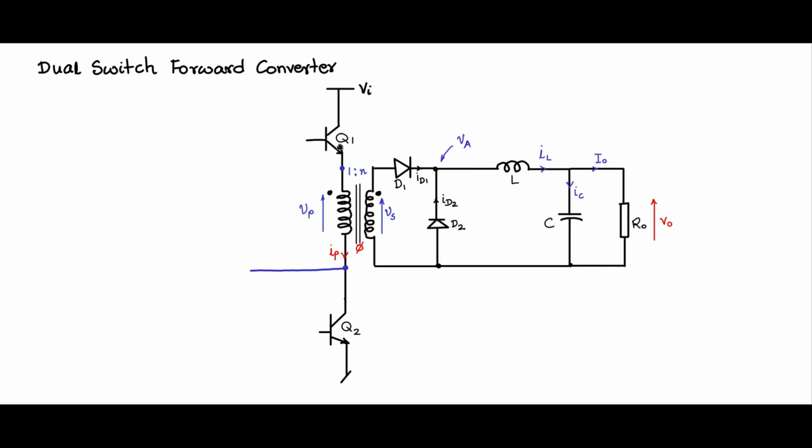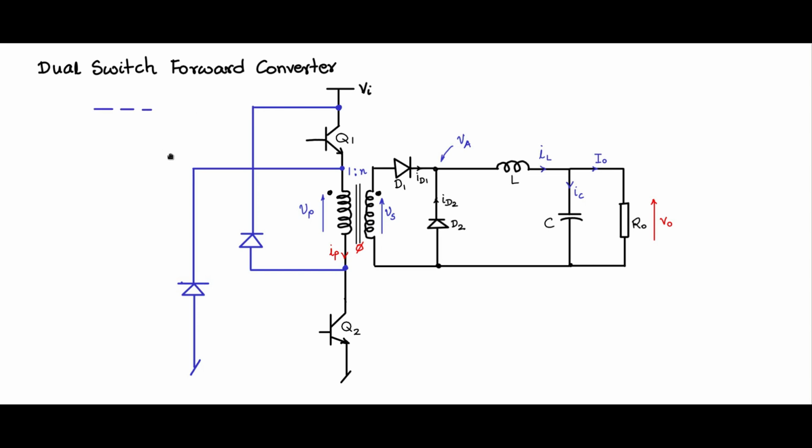Now these 2 switches are switched on simultaneously. Now I will add 2 freewheeling diodes. One diode freewheeling from here to Vi to VCC, and another diode from here down to ground in this fashion. I'll explain to you how the current flows. Let us also visualize that there is a supply here. So let us place that supply because we have placed the label. So let us visualize to understand the current flow.